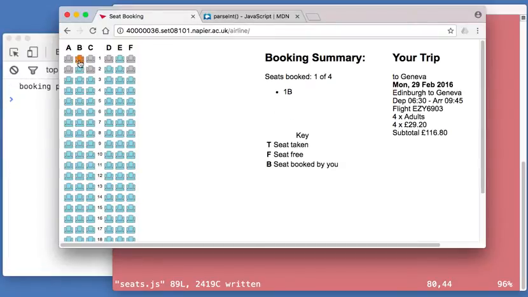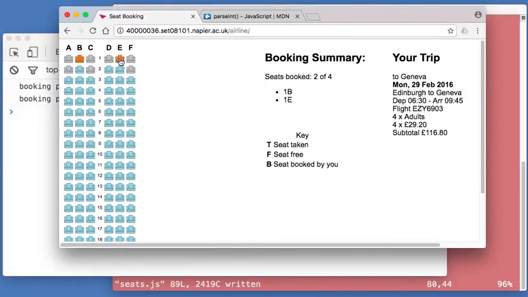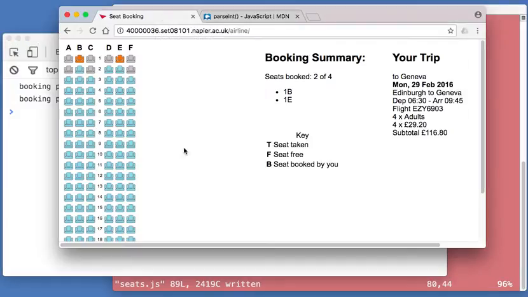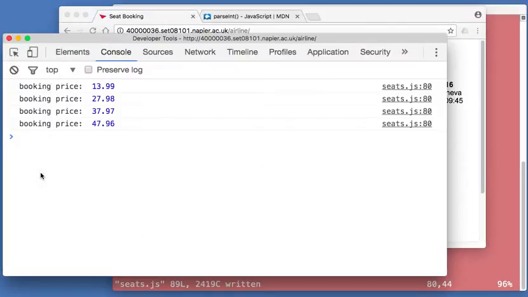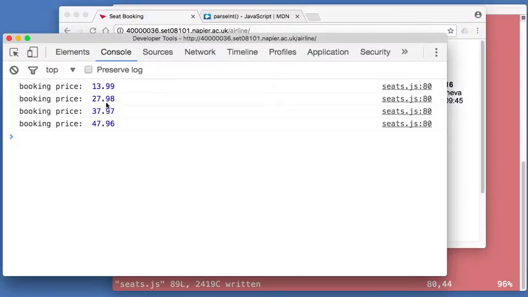Okay, 1 seat booked. Yes, let's book another one in the front. So now the booking price has doubled. Excellent, because they were both expensive seats. Let's have some cheap ones back here as well. Okay, so that's $13.99. Those cheap ones, I thought they were 4 each. So that's not right. Maybe these are £10 seats. So if they were £10 seats or $9.99 seats, that would be